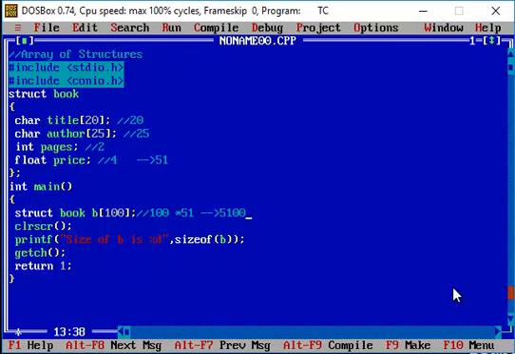Okay, so how you can create a structure variable similar to an array variable. We have created a structure variable of array type, and before declaring that particular structure variable as an array type, we have to mention the name of the structure, and then define the data type of that particular structure variable.